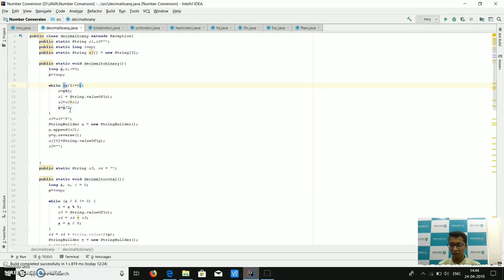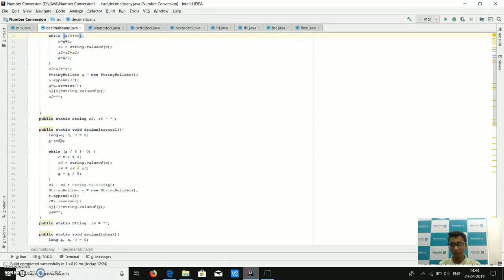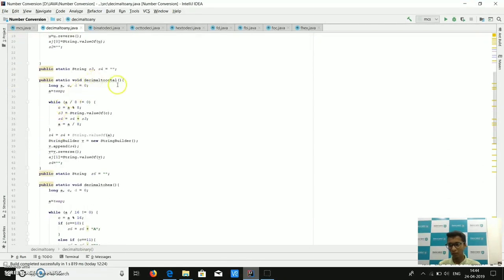A is added one by one while the while loop is running, and the string builder appends the string which is coming from the while, and it is stored in H0. It is our binary value. Similarly in octal,